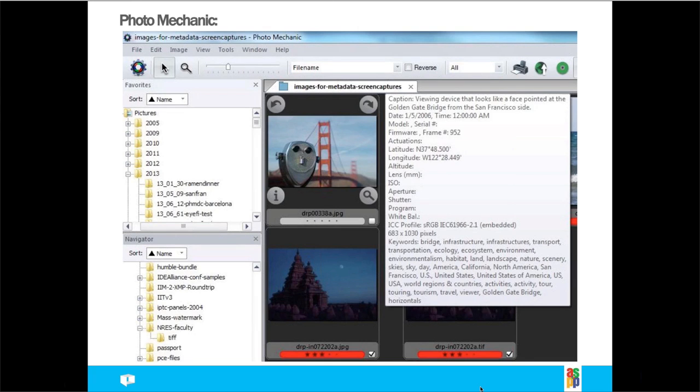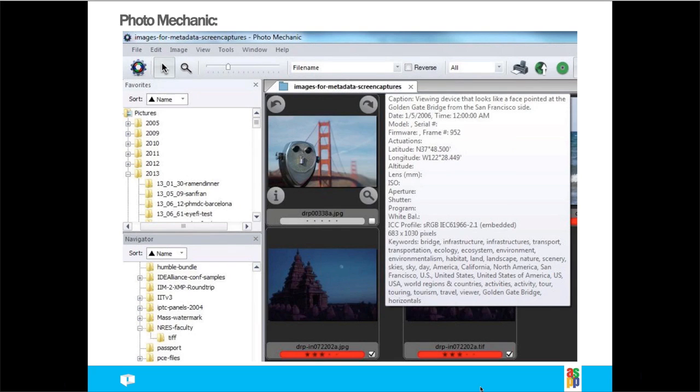Photoshop is definitely one of the things. Personally, I spend a lot more of my time though in Photo Mechanic. There's many reasons for that, probably too numerous to count, but one of the things that I really love is when I'm adding information to a folder full of images, I can just run my mouse over these thumbnails and it will pop up this little hover screen,